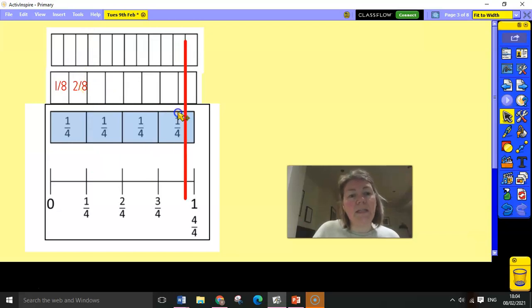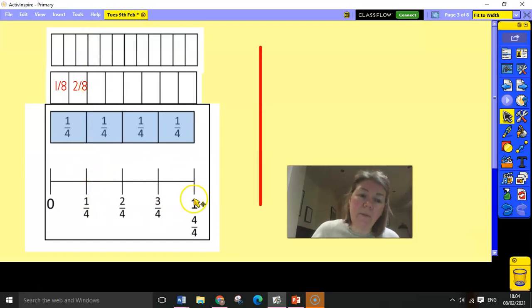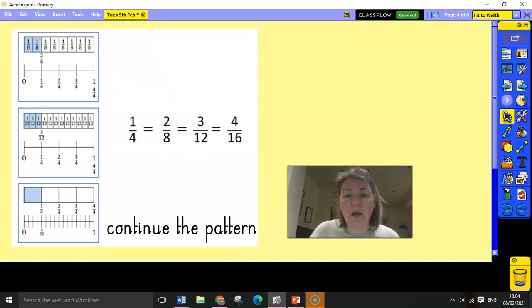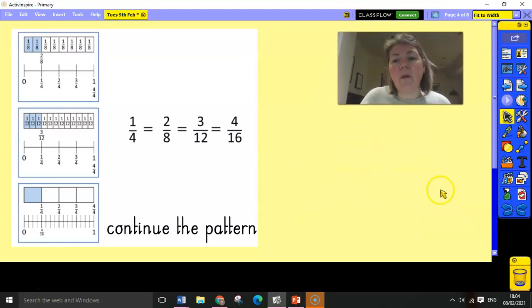Okay, so we could use a different representation. If you find the number line tricky, you could use the bar similar to what was in our fraction wall. I just want us to have a look though at a pattern here, because there is a pattern appearing. I can see here that I've got 1/4, and I can see that this 1/4 is equivalent to 2/8, and I can see that 1/4 is also equivalent to 3/12ths, and I can see that 1/4 is also equivalent to